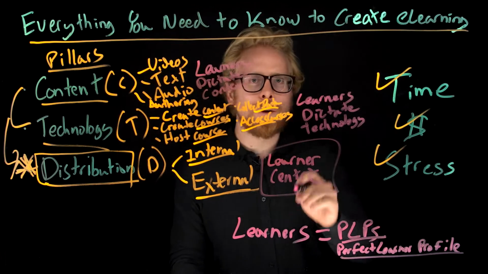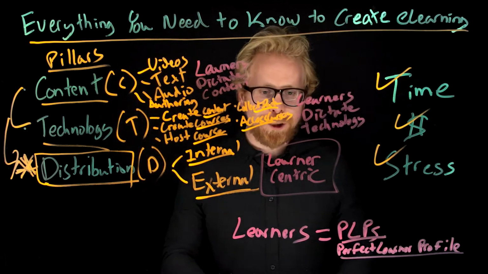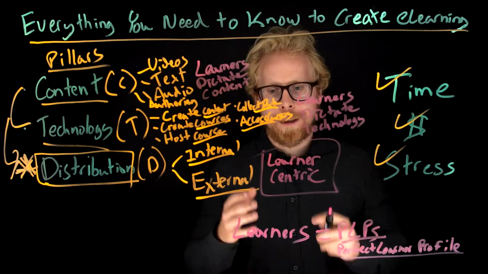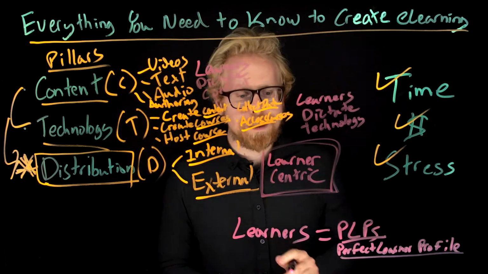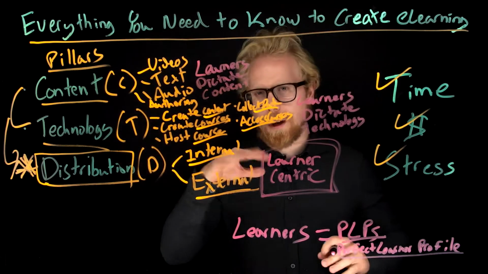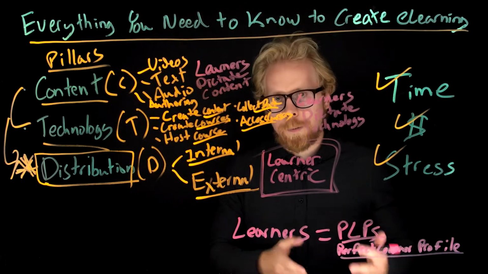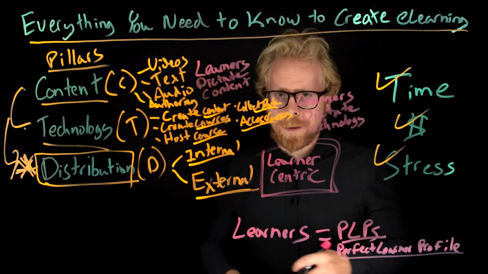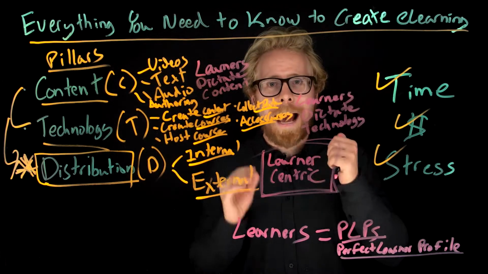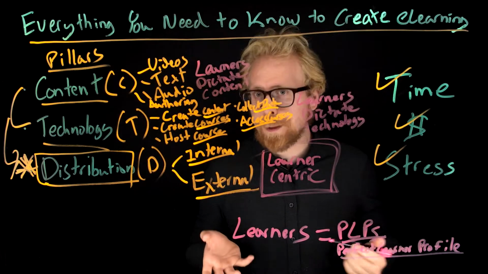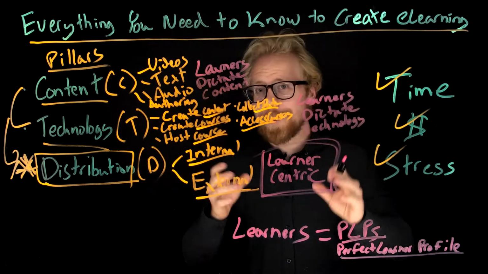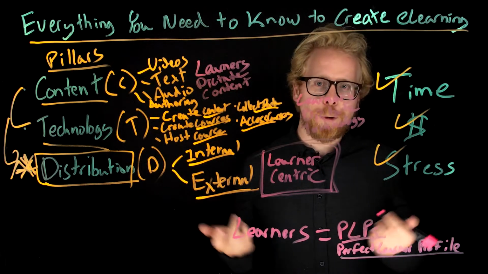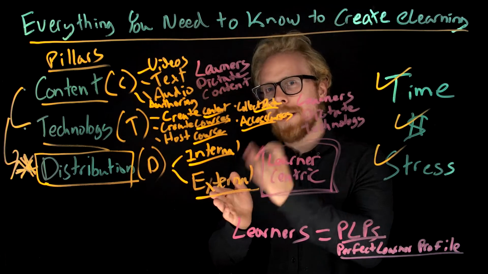Learner-centric. We talk about learner-centric everything on this channel. Everything you do with your e-learning needs to be learner-centric. That means that throughout every step of your process, we talk about this in our MasterClass, you need to come back to your learners. We also have some great content on the channel that tells you tips on how to continuously get learner feedback. And we really do mean continuously. You can't just ask them once. You don't just ask them at the beginning of creating the program and then never talk to them again. You want to ask them in every step.